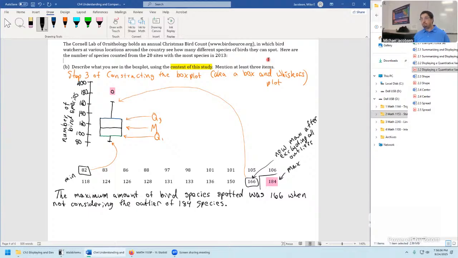Would it be safe to say that the average number of species spotted was roughly 130? Yeah, absolutely. Instead of average, though, sorry, say again. Yeah, absolutely. We wouldn't say average because it's the median, but you're thinking along the right lines. We're thinking just the typical amount of species spotted, the central value, which is the median, and yeah, kind of hard to spot if we're just looking at the scale, right?